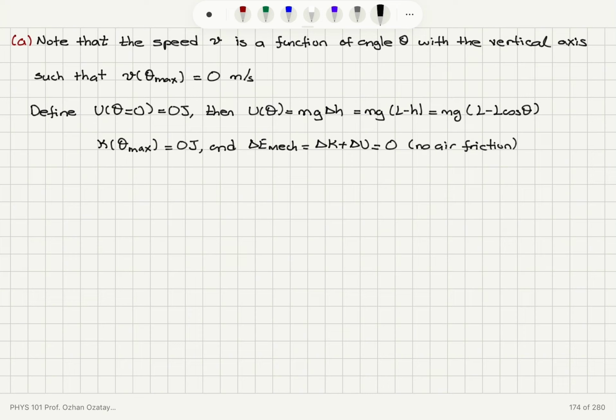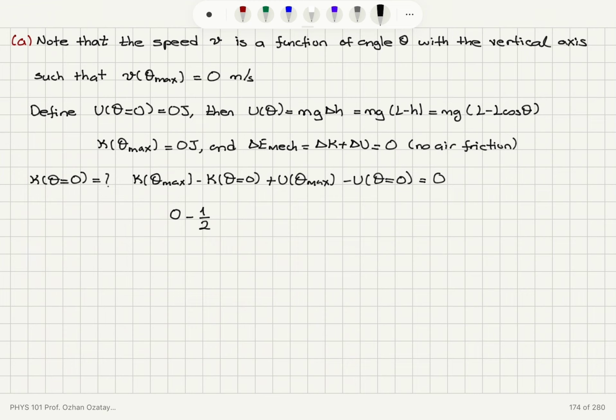So the kinetic energy at the maximum angle, minus the kinetic energy at theta equals 0, plus the potential energy at theta maximum minus the potential energy at theta equals 0, is going to be equal to 0. The kinetic energy is 0 at the maximum angle, minus 1/2 m